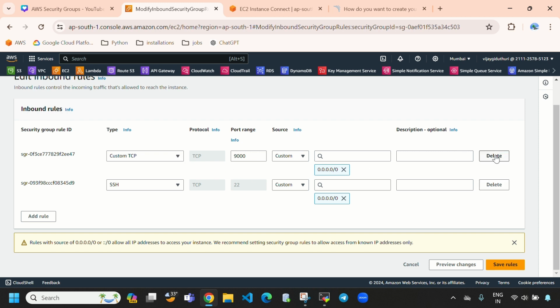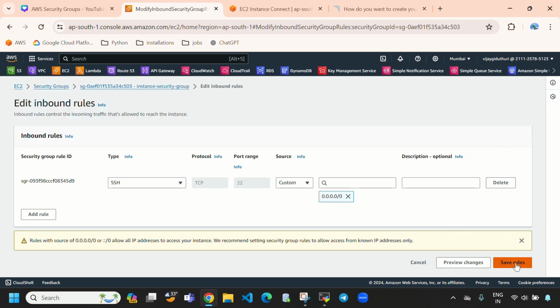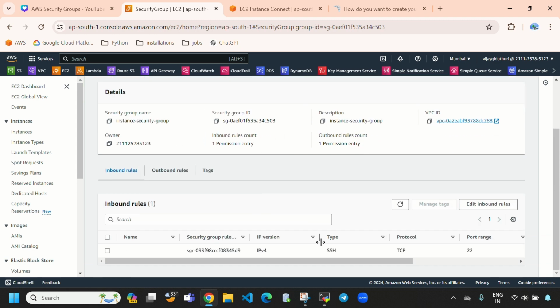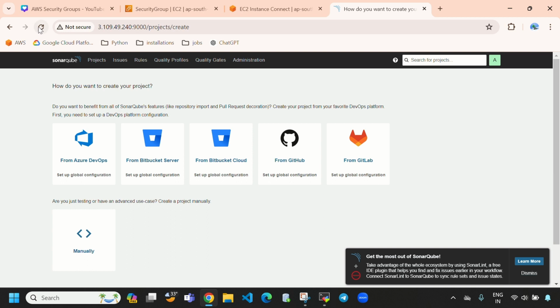So here you can see 9000, directly delete this and save rules. And here you can see right now we have only SSH. So let's come here and let's reload this. Now here you can see this will not work, guys. It was loading, but it will not work. So let's wait,